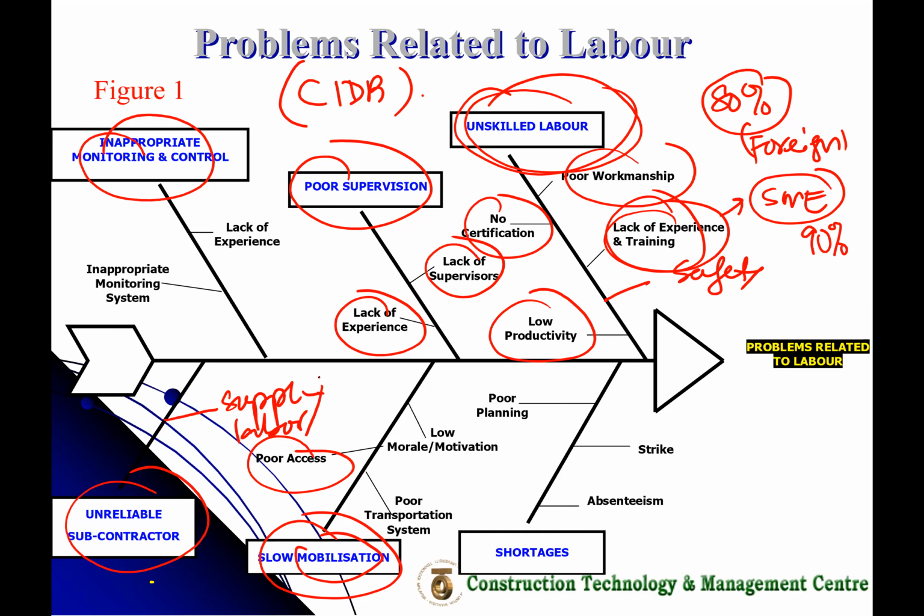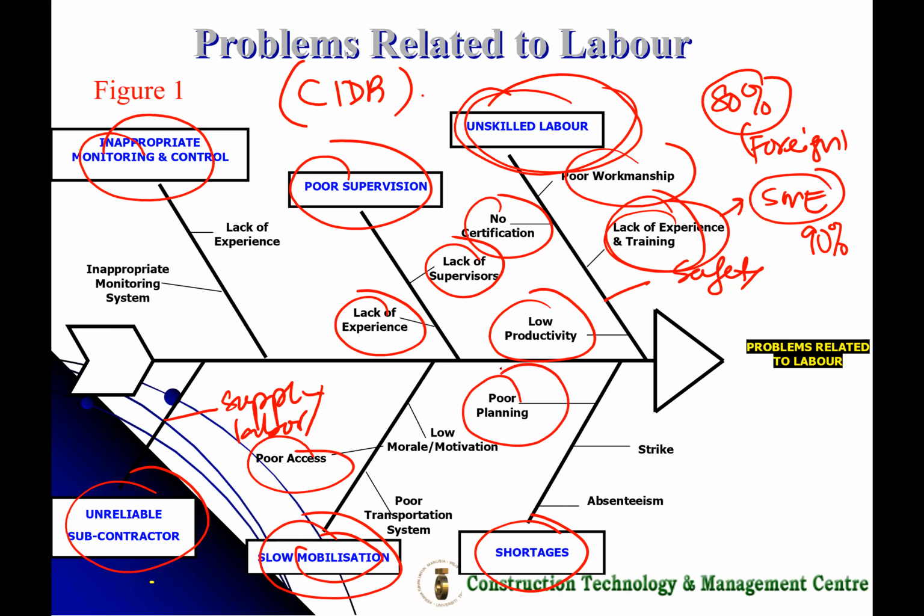Maybe because of the access to the site, and then the construction site keeps moving. Once you complete one project, then we start a new project. So we understand the difficulties, but that is the issue that should be managed as well. And then lastly, shortage. This is the issue that we want to relate to the planning. Okay, the shortage of workers in terms of number, when they are coming,